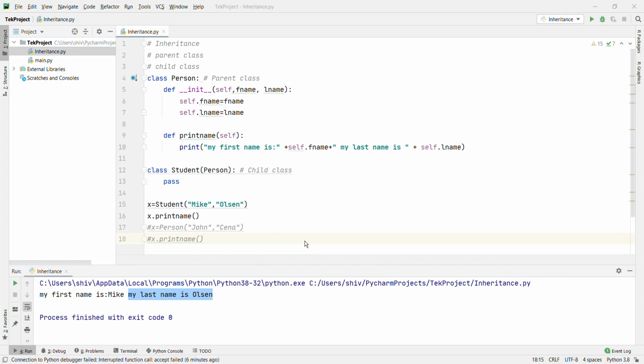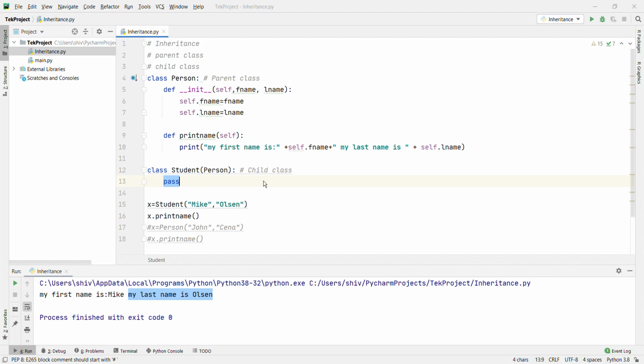This is clear now. Now I am going to add the init function. So far we have created a child class that inherits the properties and methods from its parent. We want to add the init function to the child class instead of the pass keyword. The init function is called automatically every time the class is used to create a new object.